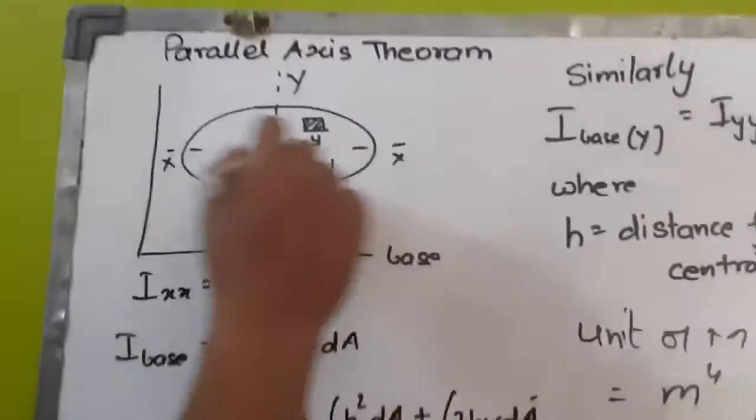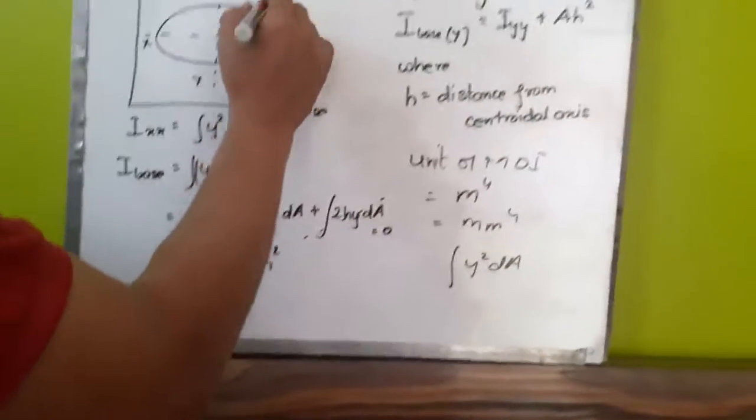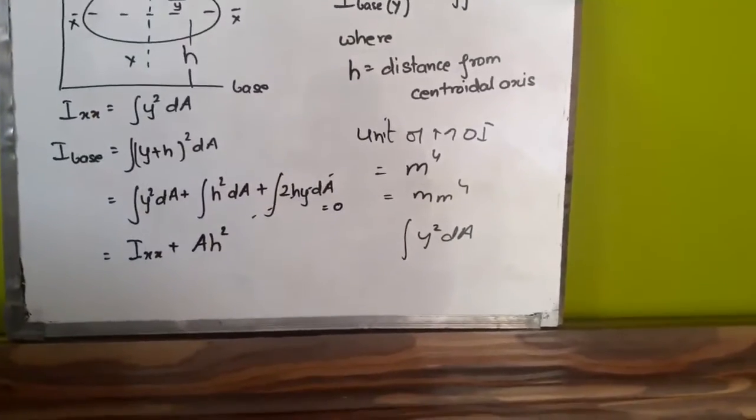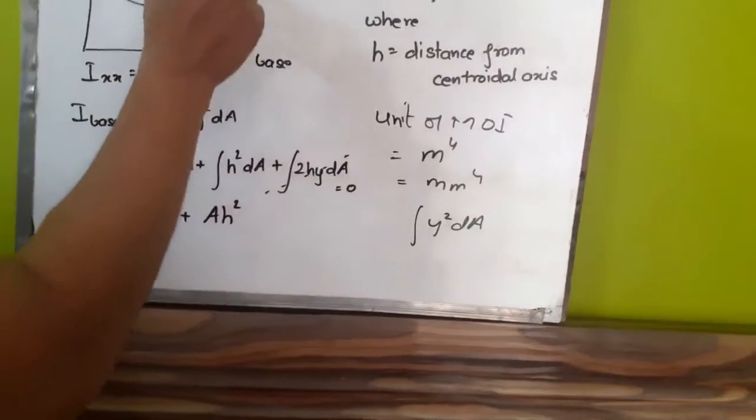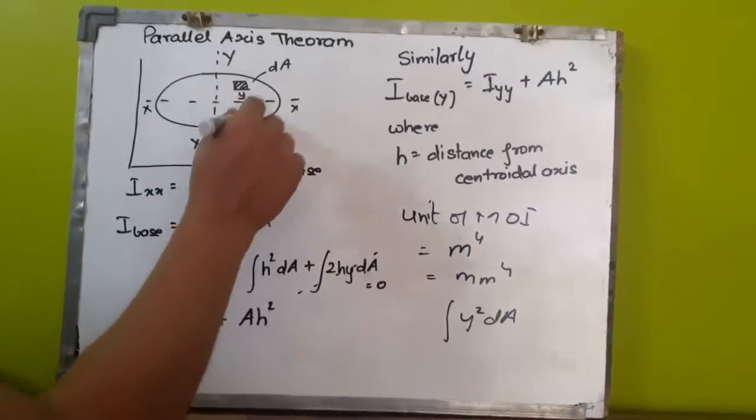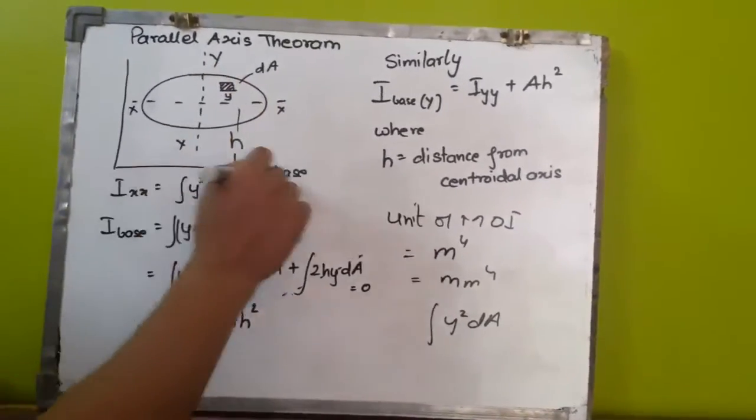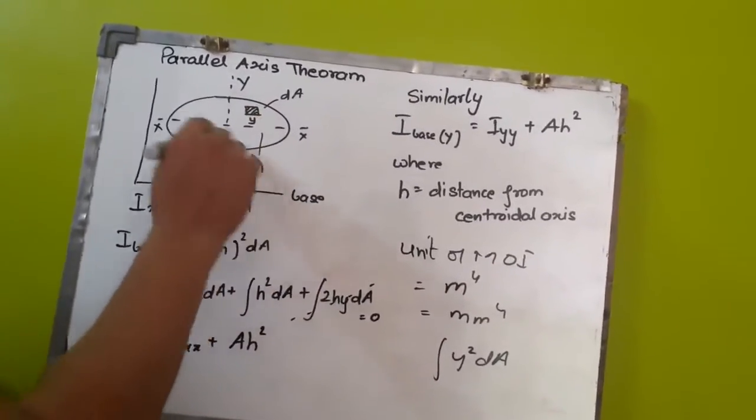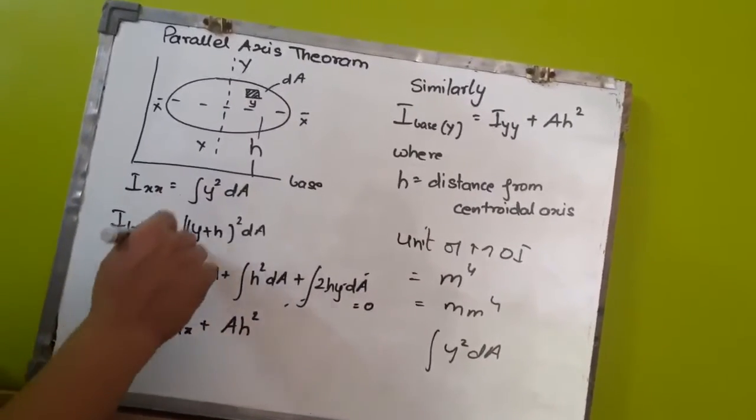This is your y axis, this is your x axis. So we have taken an elemental area of magnitude, let us say dA, which is located at a distance y from the x axis. So Ixx is given by integral y square dA. Now let us take a reference frame which is at a distance of h from the centroidal axis or the xx axis. So if you have chosen a reference frame, let us say this is base, at a distance of h from the centroidal axis, then I base is given by integral of